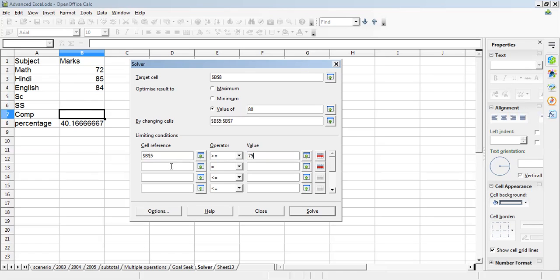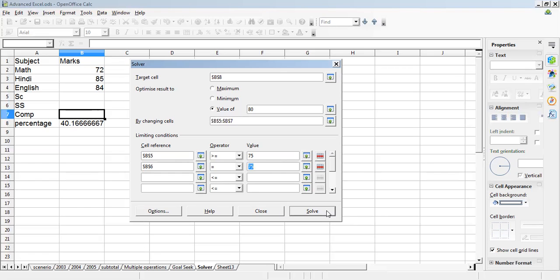Okay. Now in SS, because there are three fields in which the value is not known, we will choose conditions for any two of the fields. Now we are taking the cell SS. In SS, I can achieve only 75 marks, so you will take the equal sign and put the value 75.